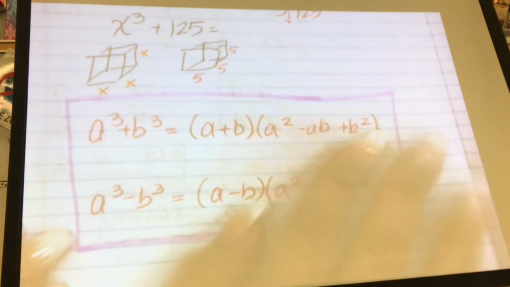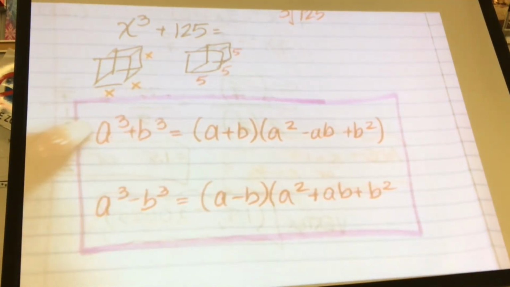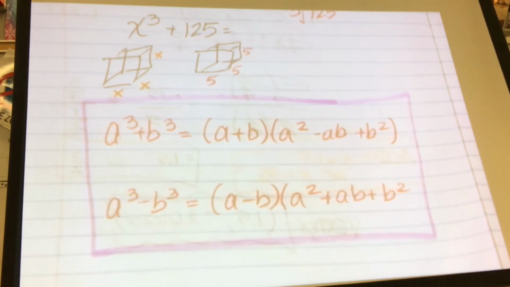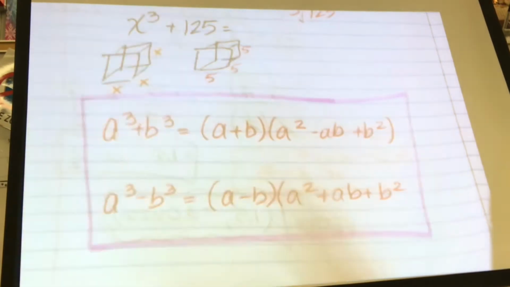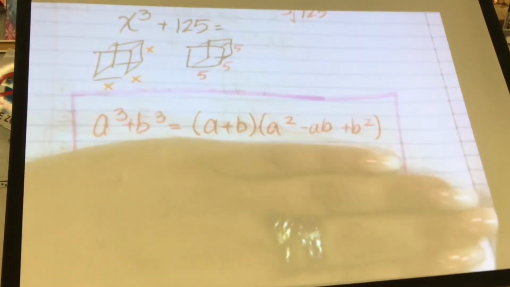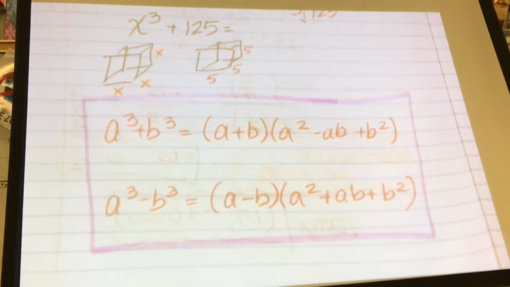Now in this scenario, for example 1, are we going to use the sum of cubes or the difference of cubes? We're going to use a sum. Why? Because it's plus, so I don't even care about this one. I'm not going to use the bottom one. I'm going to use the top one. In example 1, very simply,